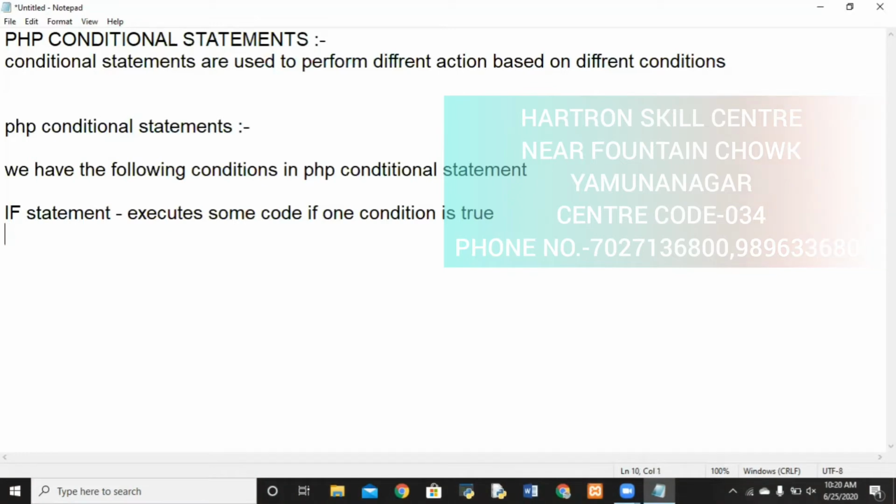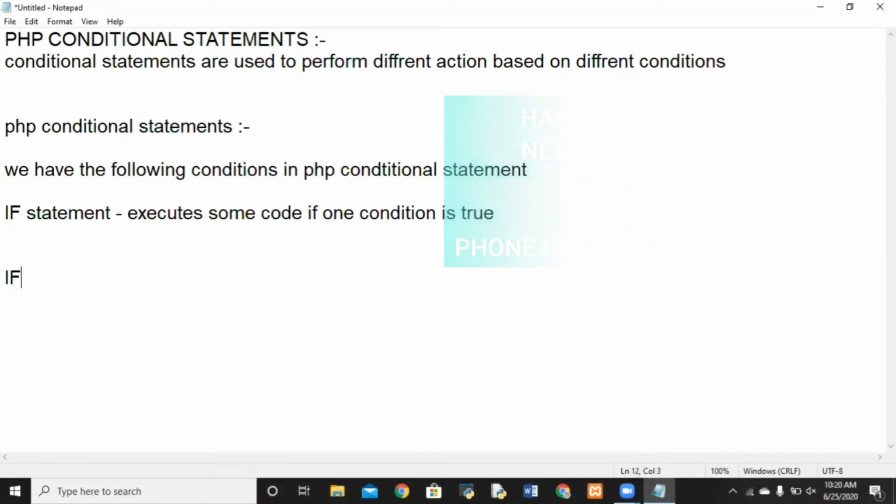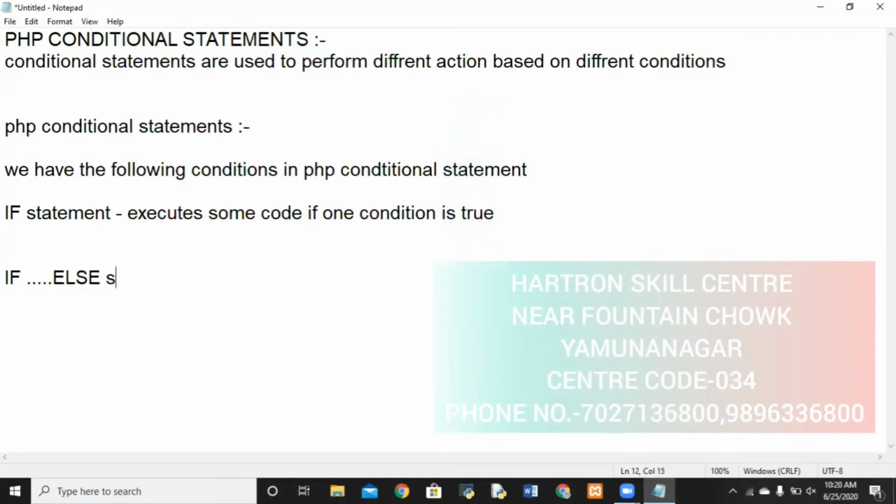Okay, next one is the if else statement. The statement itself tells that there are two conditions, if or else. We use else as otherwise also. So the if else statement executes some code if a condition is true